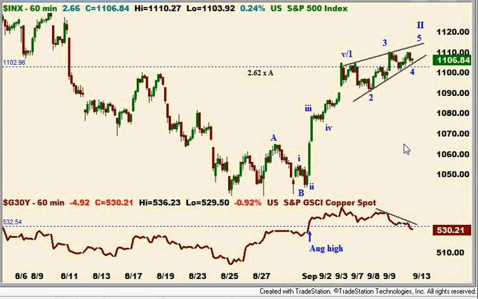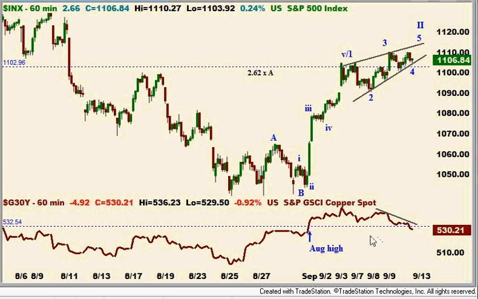I think this is a bad count because it breaks some very basic Elliott rules. And this is basically the last gasp of the bearish camp, saying that we're still in a wave 2 rally here and that we're about ready to crash. Now, I agree that we're probably going to go down. Again, all the counts that I've shown in the prior three screens here are all pointing down, as is this